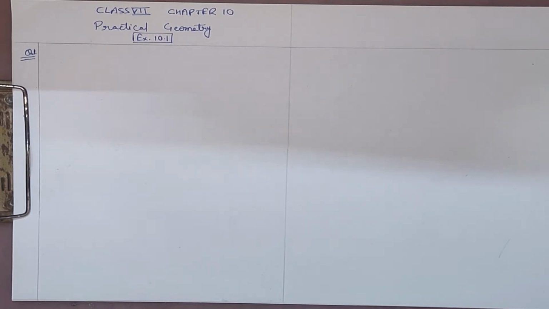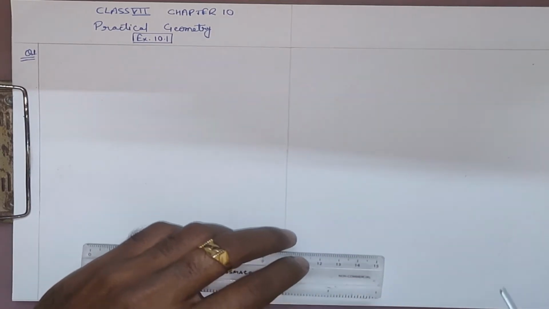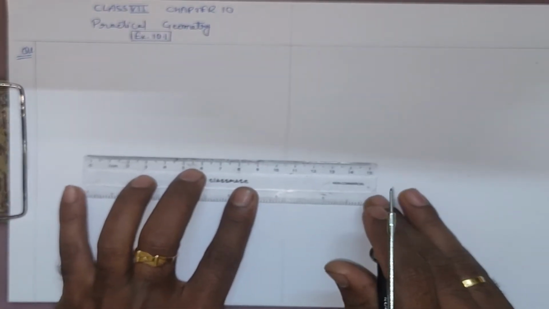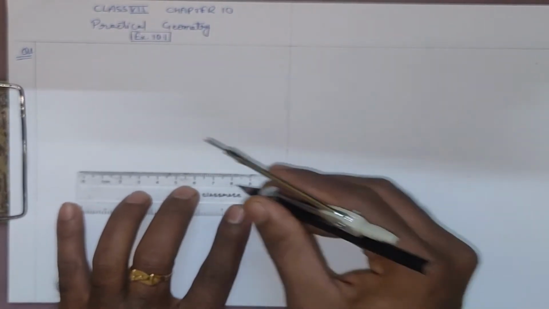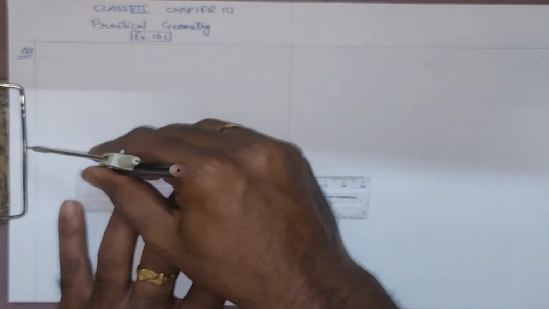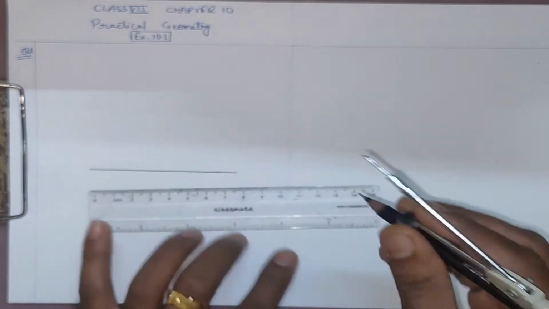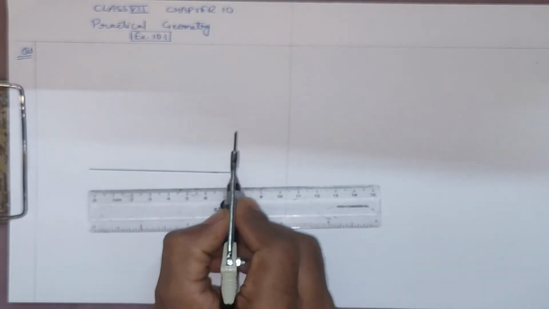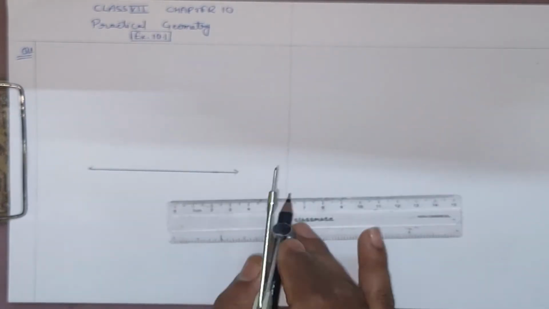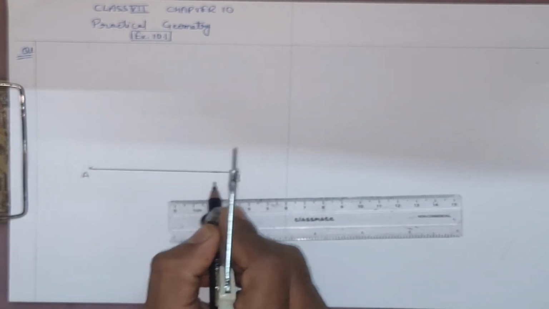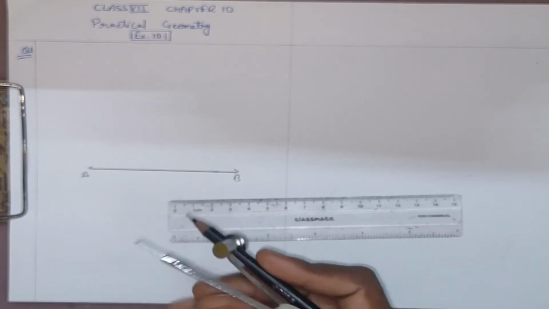So what we have to do, we have to draw a line, and that's a line, not a line segment, so we can take any measurement as we want. So that's what I've taken. Just so you know, I've taken the pen in the rounder. You don't have to do that. You'll use the pencil only. I've taken the black pen because you can see it very properly.